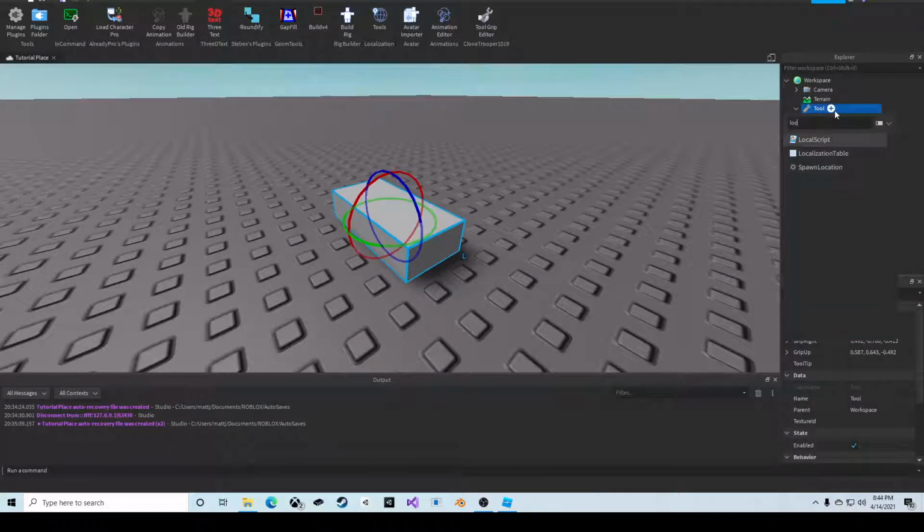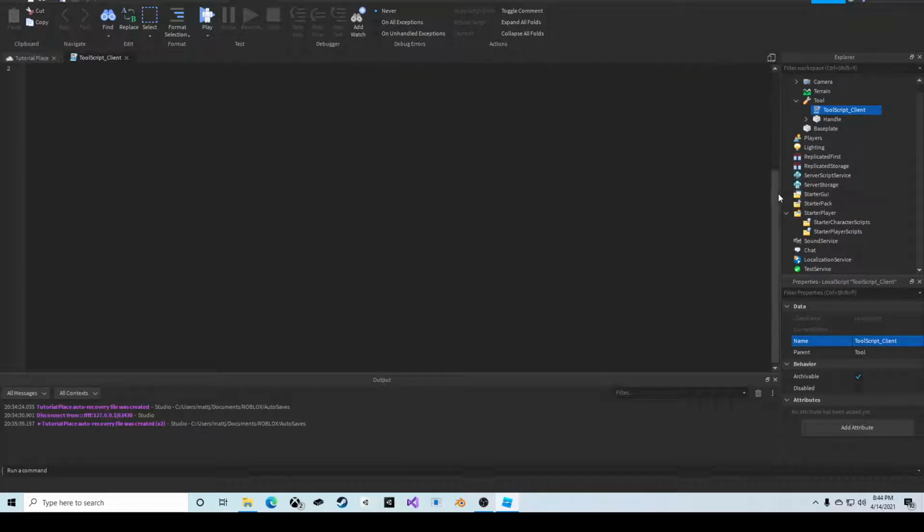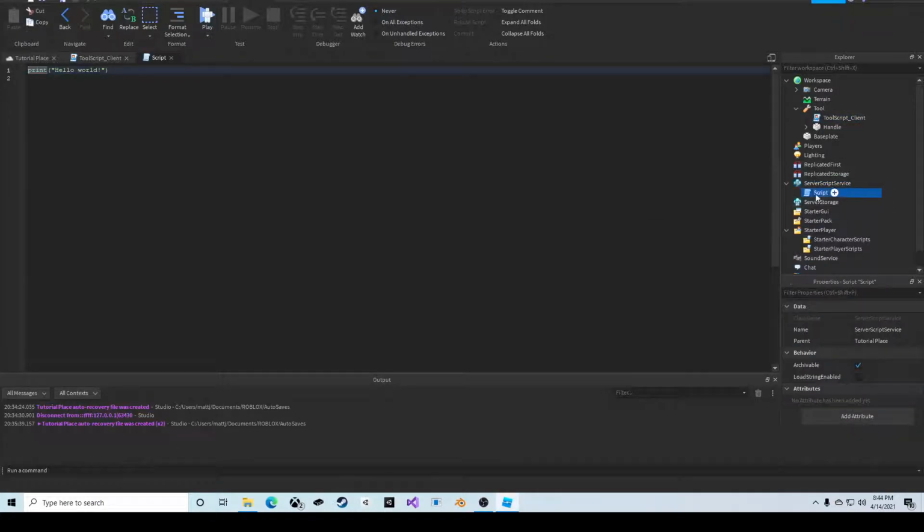And so this is where we can combine our ideas. So we can call this tool script underscore client, just so we know that it's the client script for the tool. And then we'll be combining the remote events, because this is one spot that remote events shine in. So if we make a script here and call it tool script underscore server, and then we click on the plus in replicated storage and make a remote event, we can call this tool event,